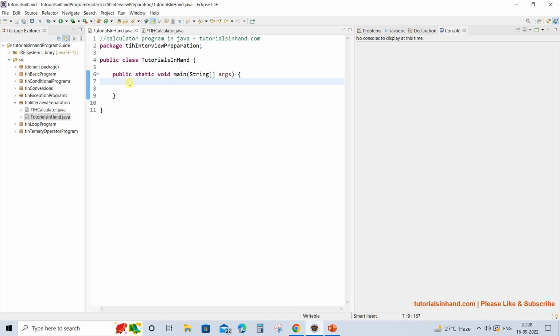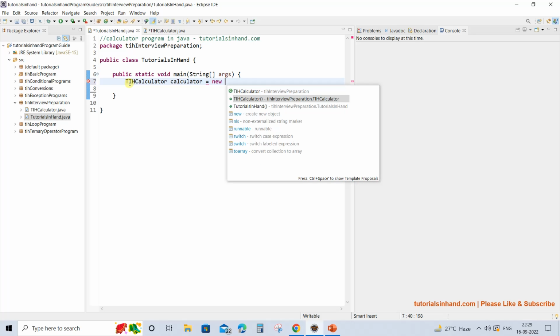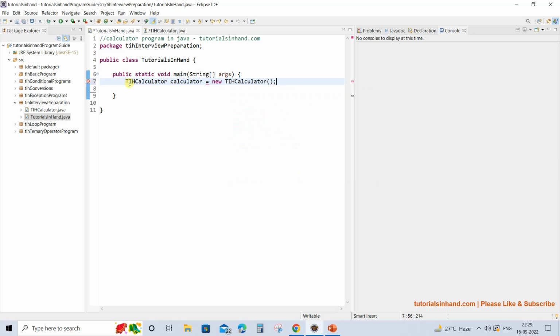In that case we have to create an object, and in our previous video tutorials we have also explained how you can create an object of any class. So to create an object of any class, you have to use the new keyword and then invoke the constructor of that class. So this is how you can create the object of the TIH calculator class.